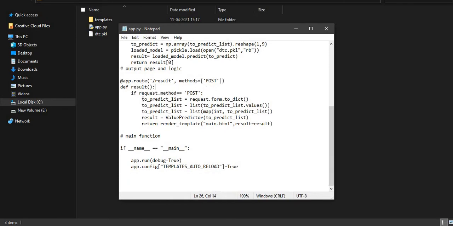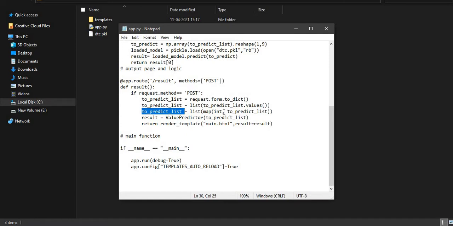The first thing we'll do is request the form in HTML to give us all the values that it has in a dictionary format. We'll create a list of all those values that we have got, and we'll take only the values. Then to_predict_list, we'll see if they are int values or not,